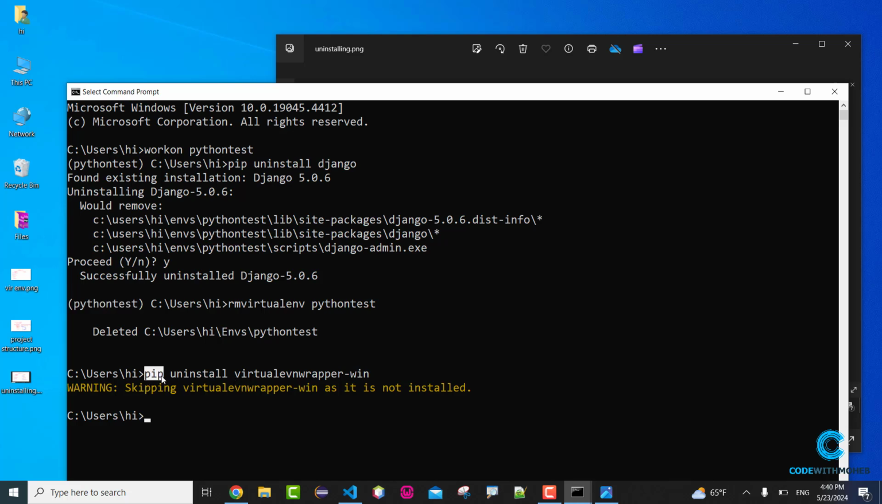So when we type this one, pip uninstall virtualenvwrapper-win, this will give this warning, that is skipping virtualenvwrapper-win as it is not installed. That is because we were inside the virtual environment. For that reason, it has uninstalled the virtual environment, and at the same time it has deleted or uninstalled our virtual environment wrapper. So this is the first method that I showed,